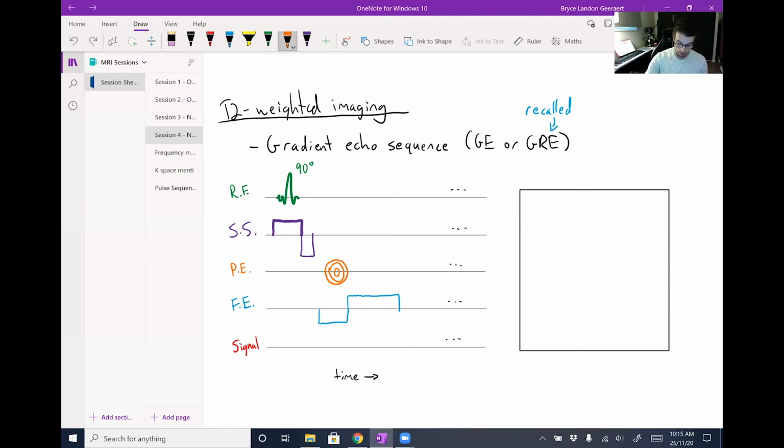which I will draw here. There's red as our echo. Not the worst one I've ever drawn. Yeah, so the signal line is showing when we're actually recording signal. We could record signal anytime after we do the 90-degree pulse, but we're actually only recording it during that frequency encoding window where the signal actually means something that we can understand, because we have that balanced